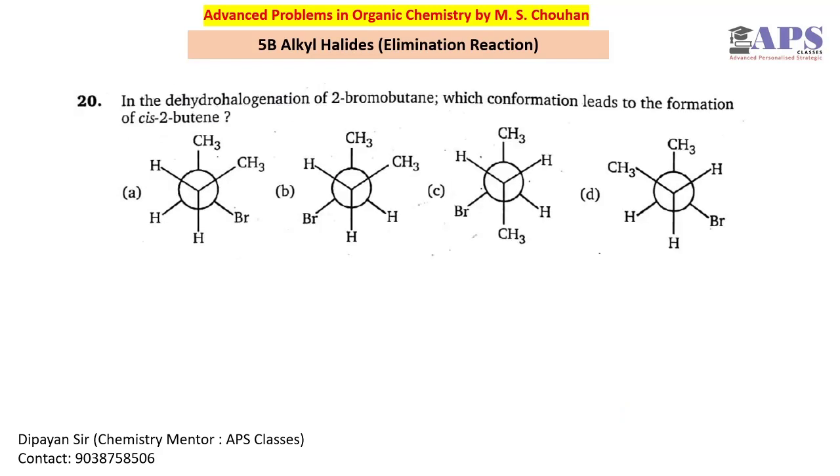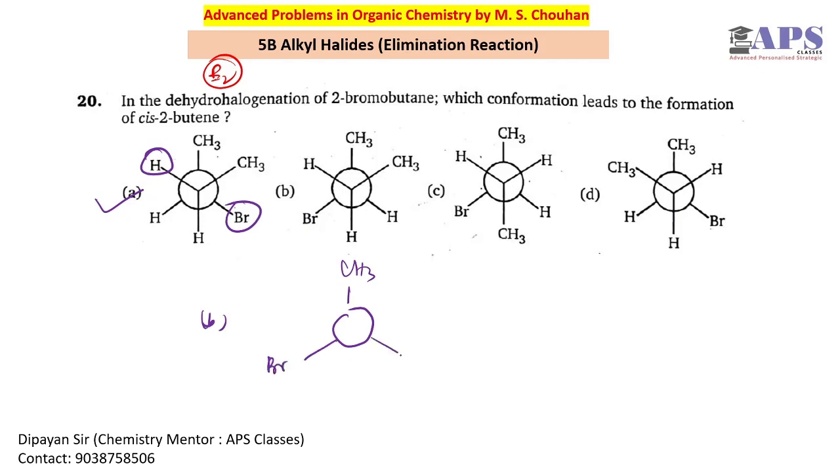For question number 20, this is a very interesting question because you may have a little bit of confusion in this case. We have to form cis-2-butene, and this is nothing but an E2 elimination. So the hydrogen and bromine should be at anti-periplanar position. In this conformation, this hydrogen and bromine are in anti-periplanar position. So this is going to be the straightforward answer, but you may confuse yourself with B or any of them, because you can draw an anti-periplanar projection for this also.